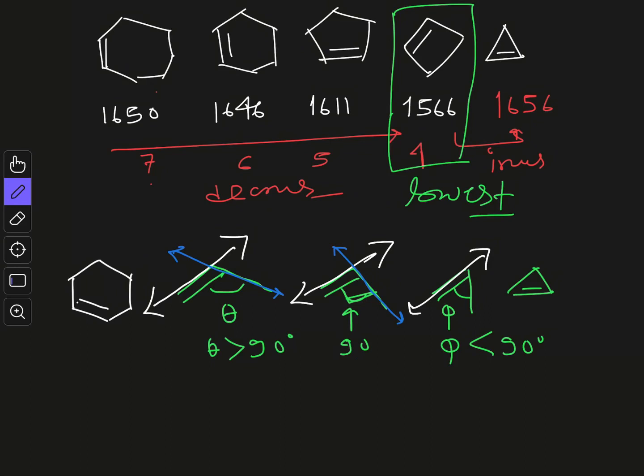You can see the C=C double bond stretching and the C–C single bond stretching are perpendicular to one another, and that's why there will be no coupling.